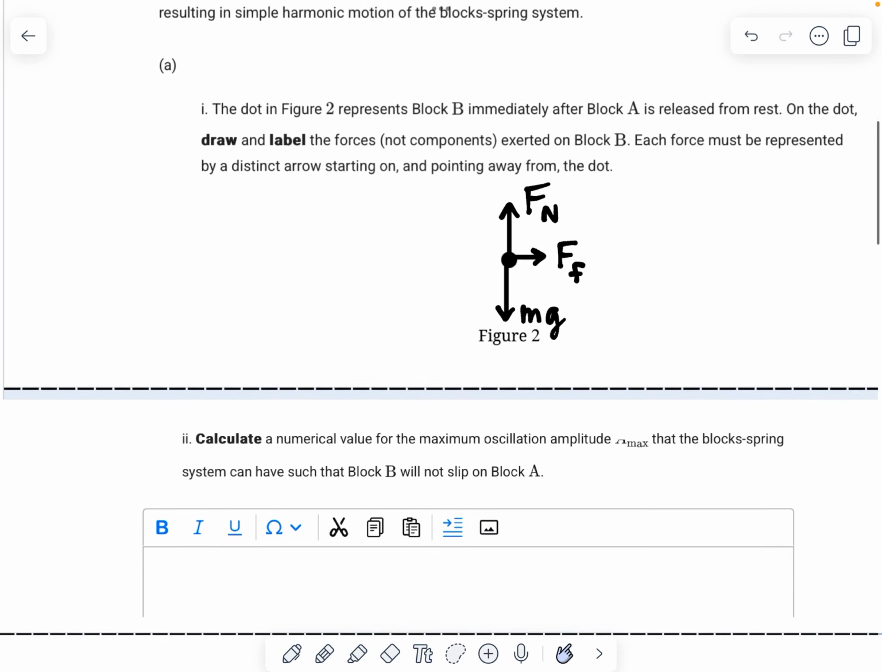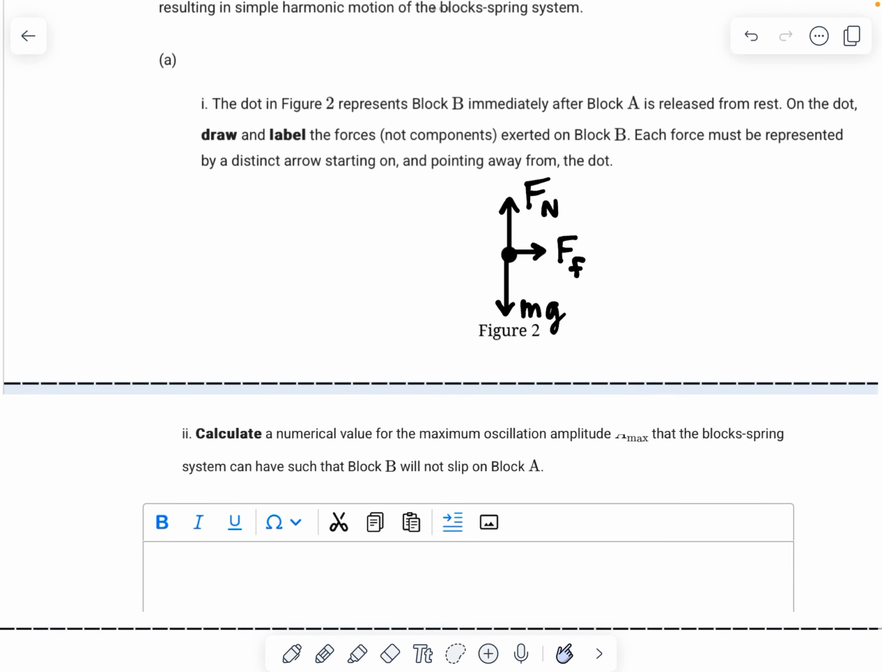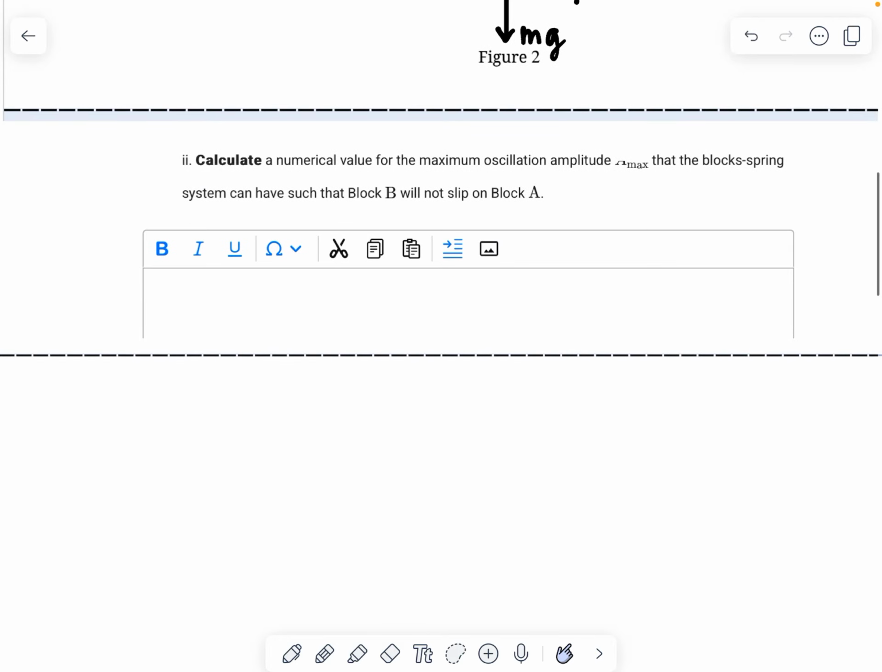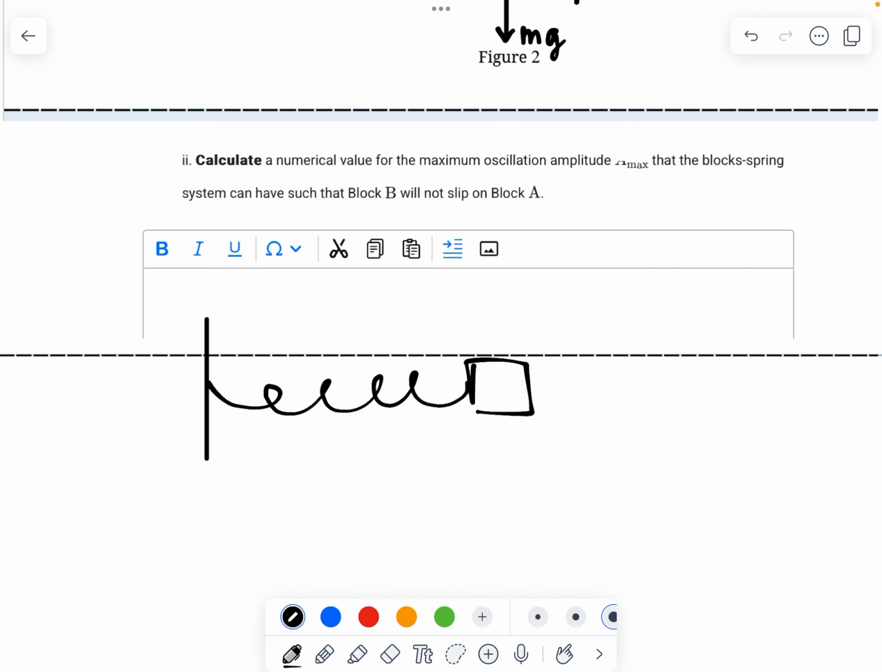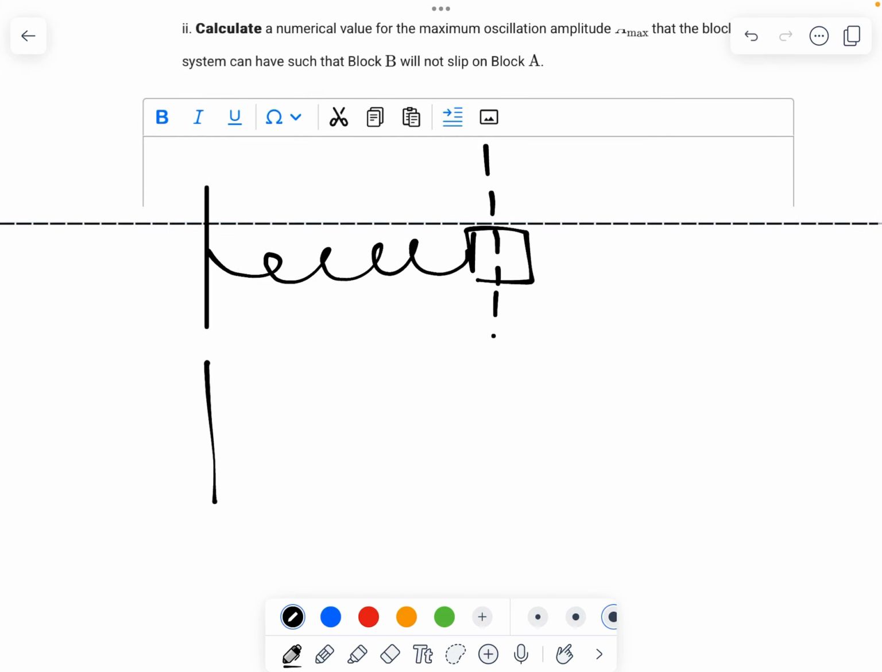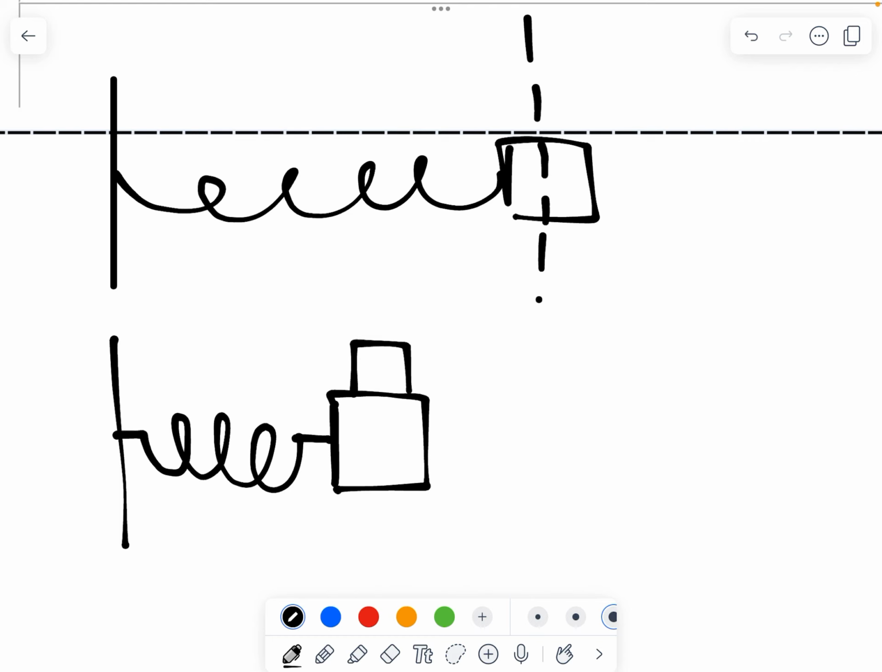Notice that Fn and mg are equal in magnitude because there's no vertical acceleration. Calculate the numerical value for the maximum oscillation amplitude that a block spring system can have such that block B will not slip on block A. So let's visualize what's going on there. So let's say you've got, here's the wall, and we have our equilibrium point, which we'll represent with this dotted line. We're saying how far can we push the block so that when we release it, the block on top